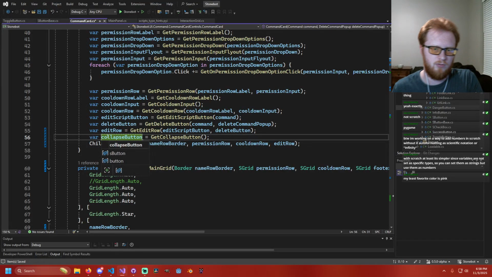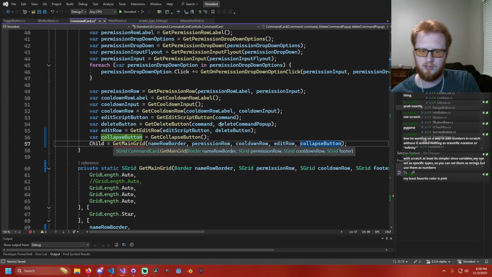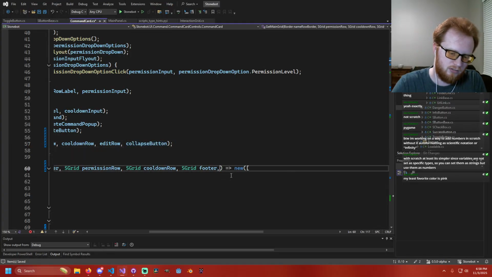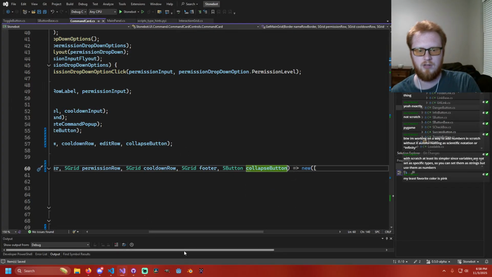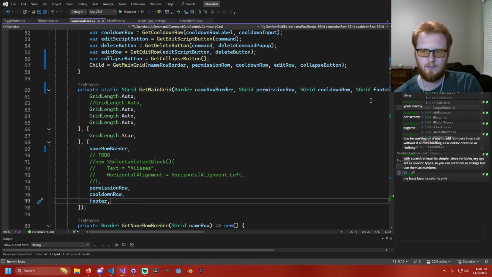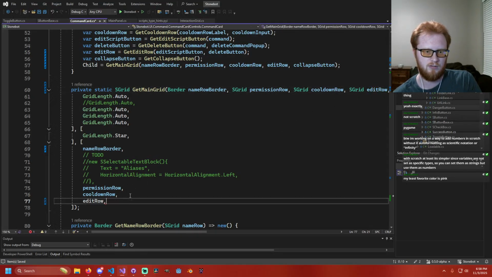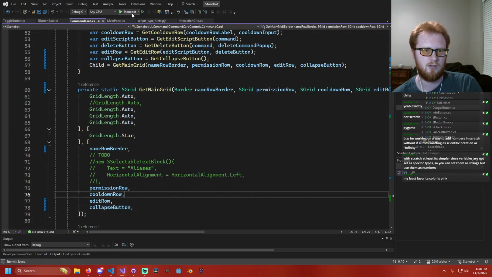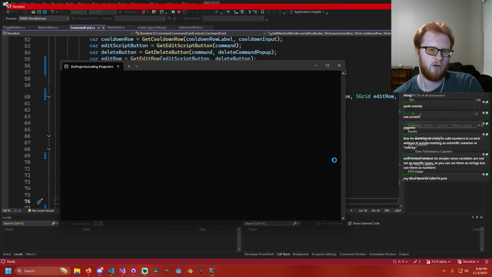Collapse button. That I can throw in here. Collapse button. And then let me accept it as an input. Button, collapse button. Oh, that's right. Edit row is what this is called now. Collapse button, perfect. Okay. So I wanted it to take up the entire width of the card,